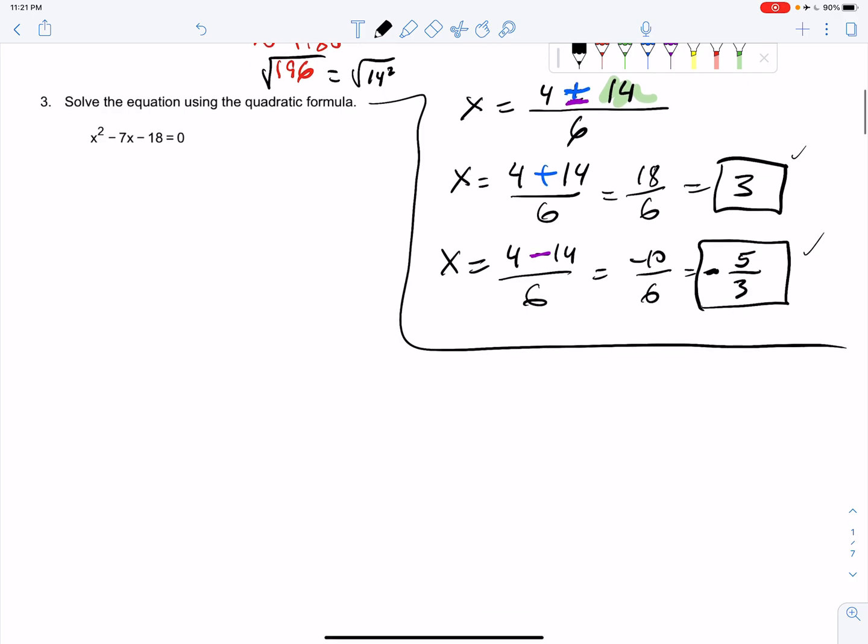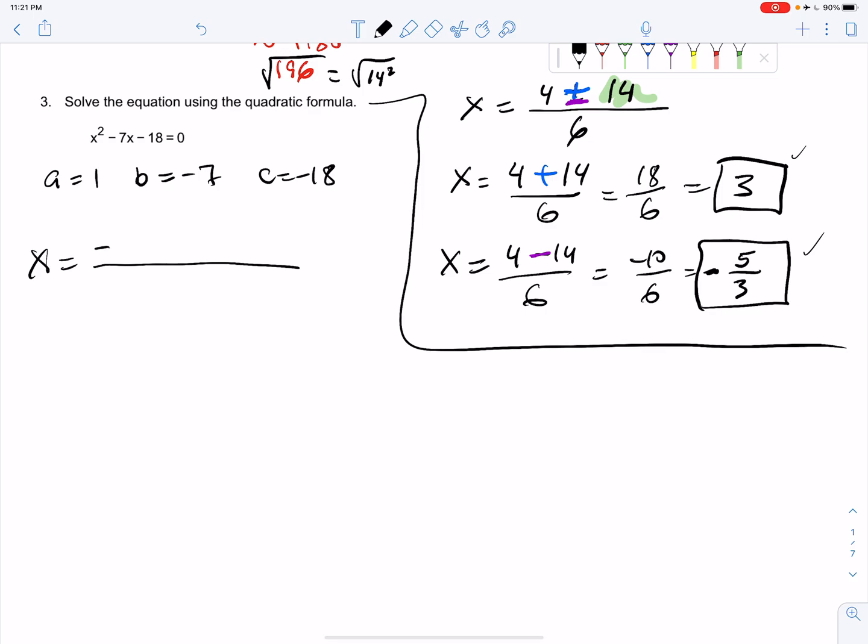Let's try this one right here. And so, of course, we want to know that A equals 1 and B. First of all, make sure it's in standard form, right? So x squared minus 7x minus 18 equals 0. That's in standard form. So A equals 1, B equals negative 7, and C equals negative 18. So let's go ahead and use our formula. X equals